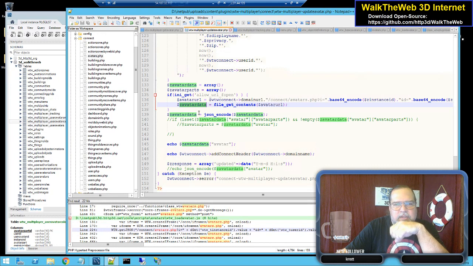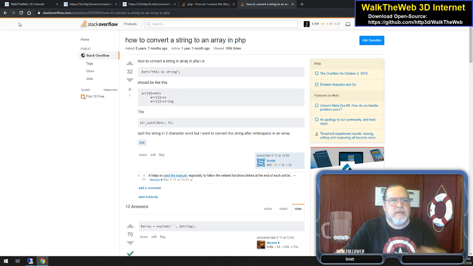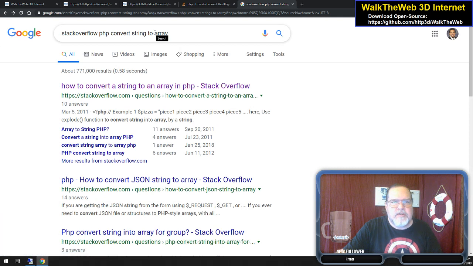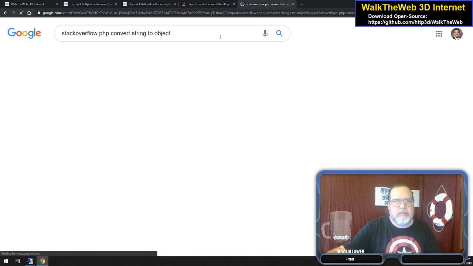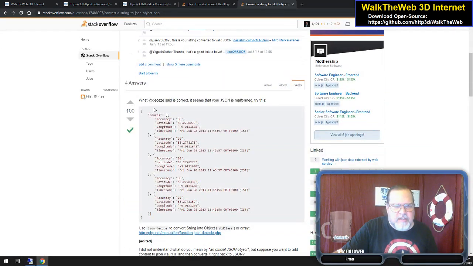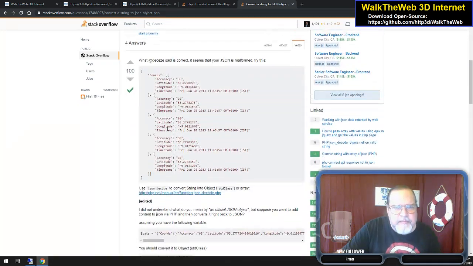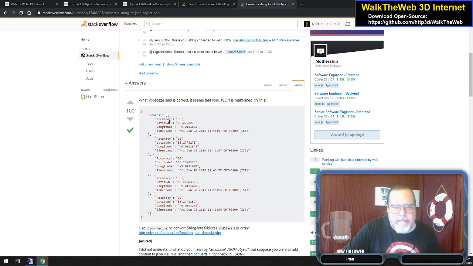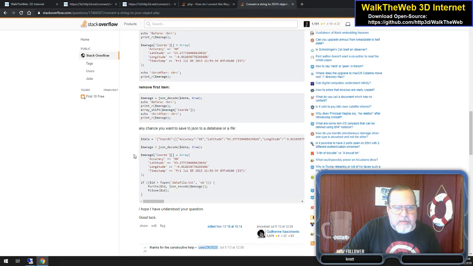So the JSON encode, which normally get file contents, we know that's a string. Convert string to object. Yeah, it should just be JSON encode. I got the information. It comes through as that. What? Yeah, we should be able to just